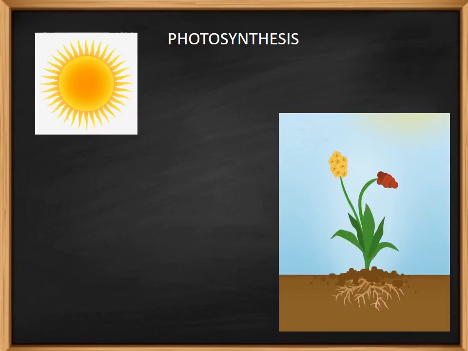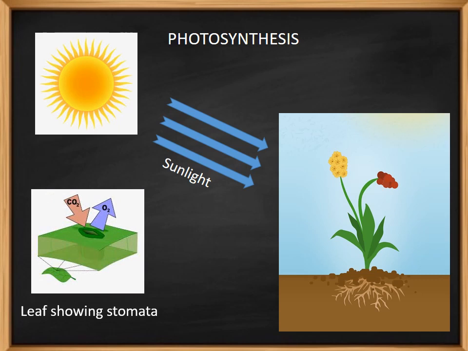Let us study the process of photosynthesis. During the daytime, when sunlight falls on the plants, the leaves trap this sun energy and exchange of gases takes place. Carbon dioxide is taken in and oxygen is given out. The roots of the plants absorb water and minerals from the soil. These are then changed into food by the green leaves in the presence of sunlight. The food made is called glucose, which is a kind of a sugar.